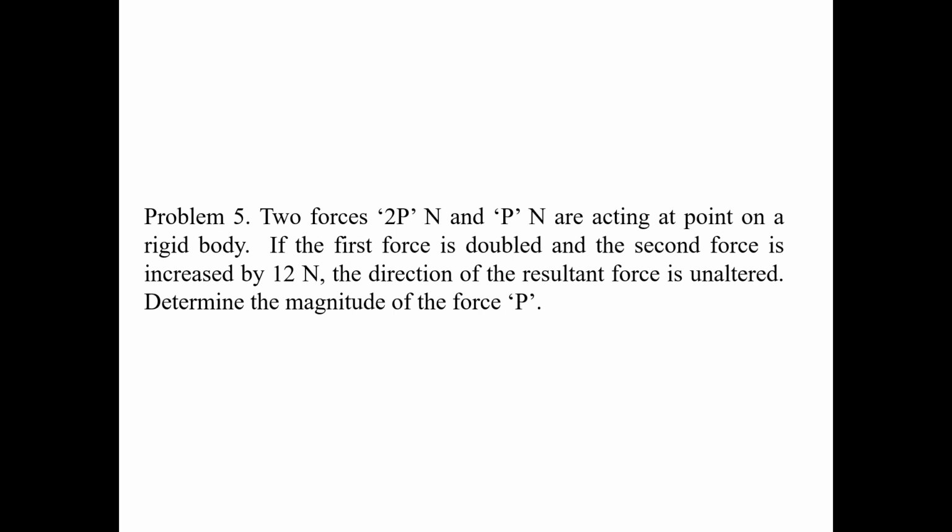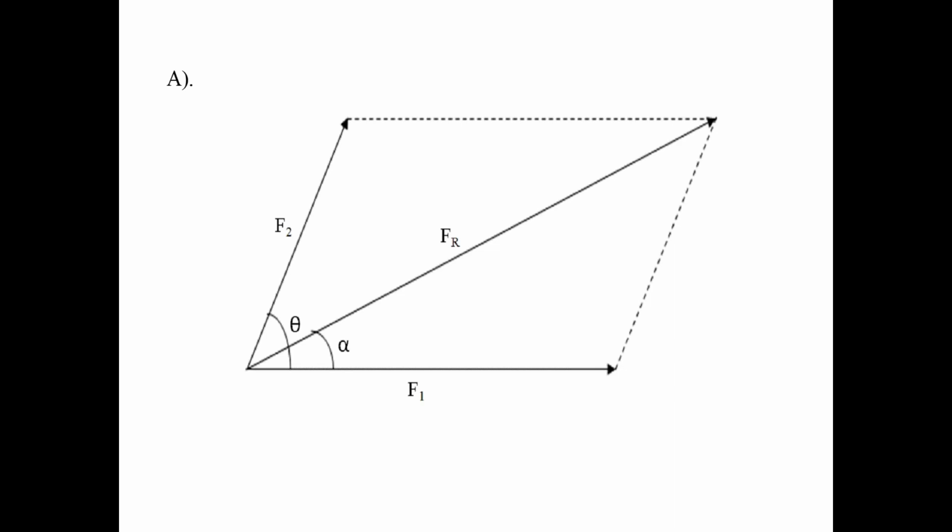Now coming to the parallelogram law of forces. We know the diagram. This is the diagram in the parallelogram law of forces. We have two forces F1, F2. F1 is side OA. F2 is the side OB of the parallelogram. This is the F1 force, one side of the parallelogram. This is the force F2, the adjacent side of the parallelogram. This is the parallelogram diagram. Then this diagonal is the resultant force.